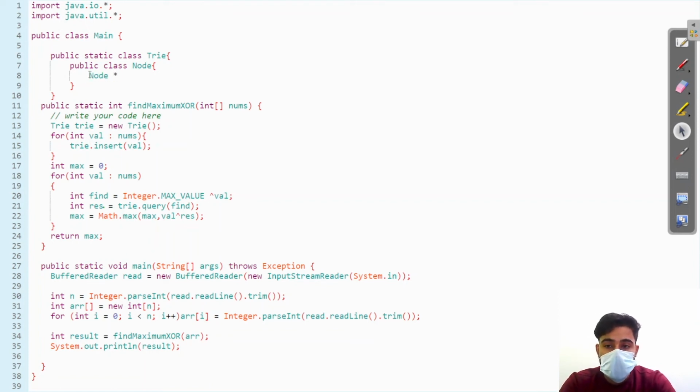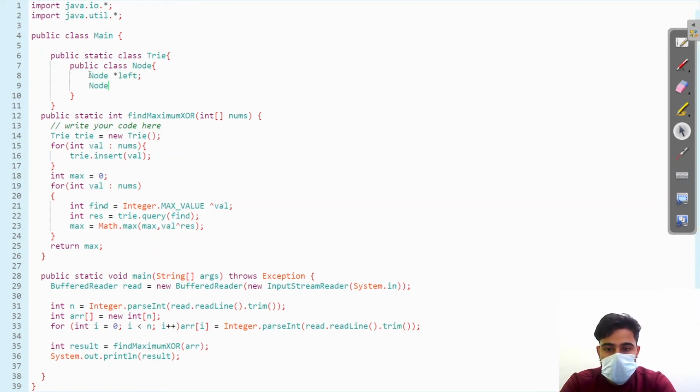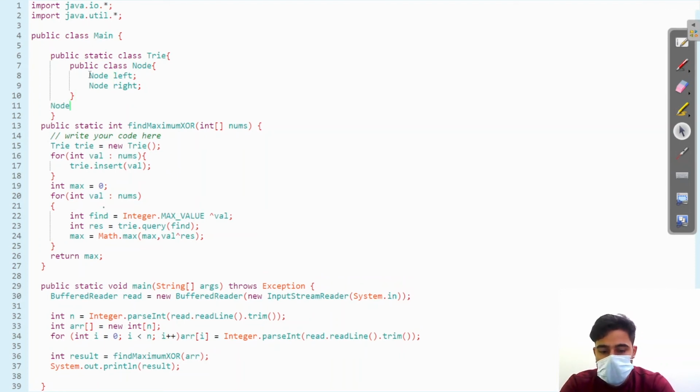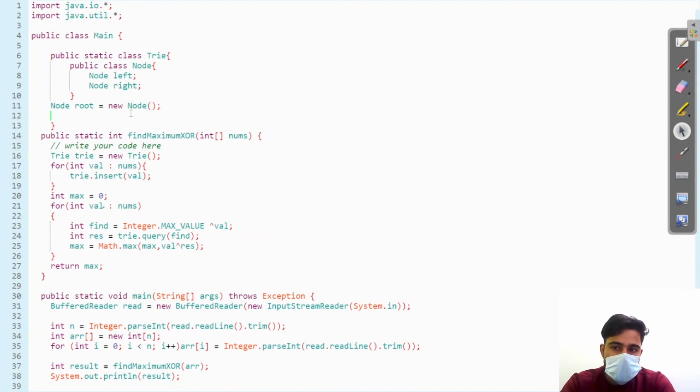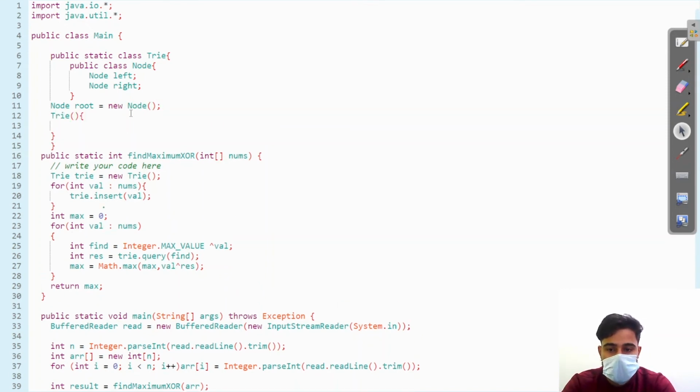So I'll write node.left and node.right. Within Java we don't use the star, sorry. Okay, moving forward, I'm going to create the reference of that variable, that is, I'm going to create the object of this class and initialize it. Now within the constructor of this trie class,